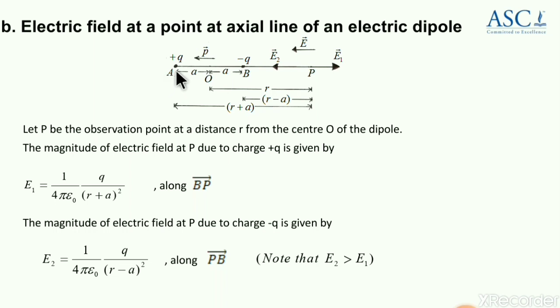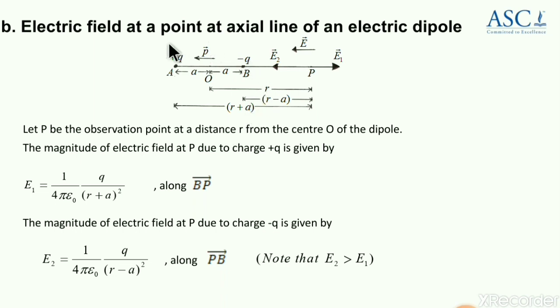As you have already learned, if there is a single point charge, either plus or minus, around it exists an electric field. Here there are two charges, so definitely there is an electric field around them, and in this region we can choose any point to calculate the electric field due to these two charges, the dipole. So here we are doing the derivation on the axial line at this point. This is the point P, and you have to mention this as P, the observation point at a distance r.